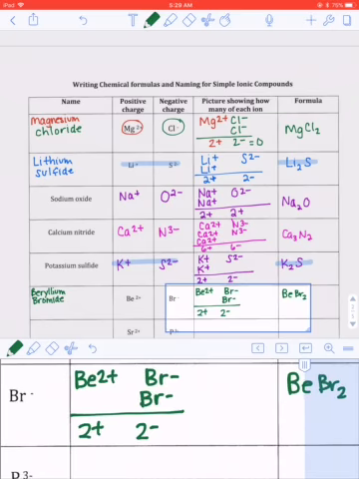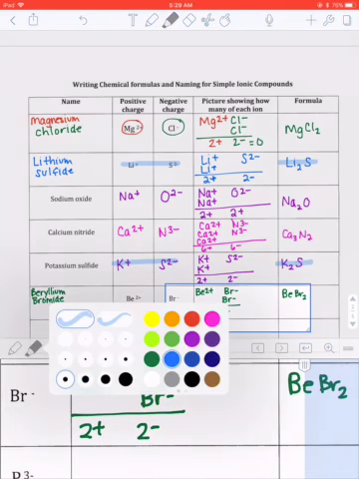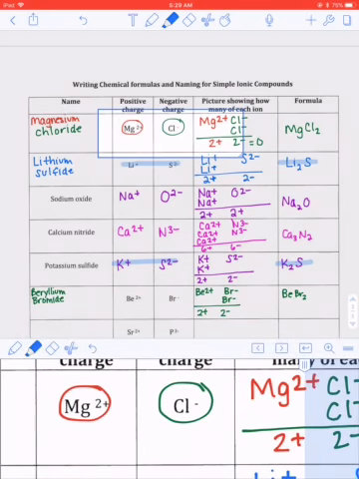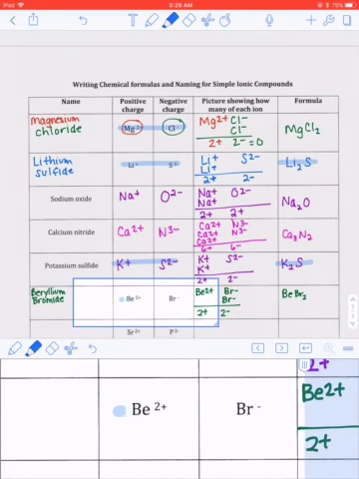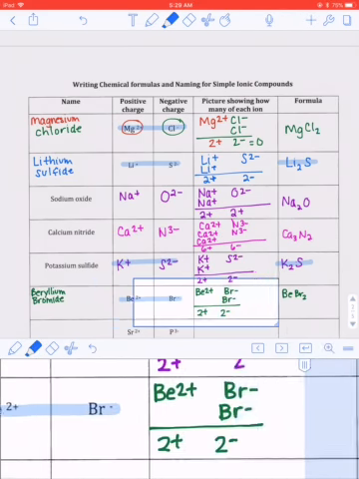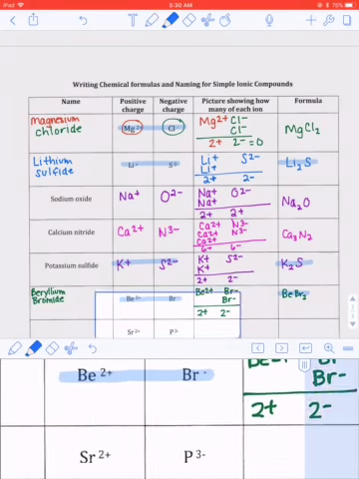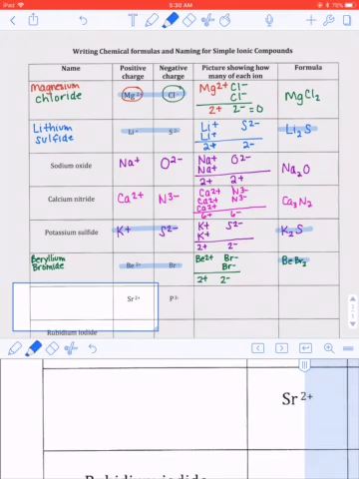Okay, so this is very similar to this guy right here. We had Mg2+, Cl-. Now we have Be2+, Br-. Same kind of formula because the ions have the same charge. Alright,